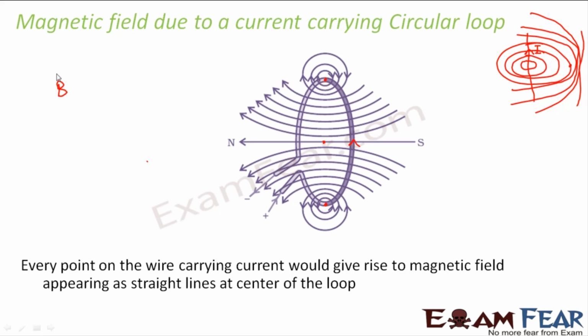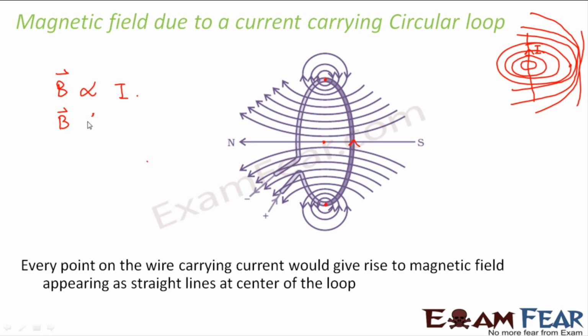That means magnetic field in this case also is directly proportional to current. That means as the current is varied through the circular loop, the magnetic field also varies. That can be seen by using a magnetic compass needle. So if you keep a needle at the same place and keep increasing and decreasing the current through the wire, the deflection in the needle also increases or decreases accordingly.